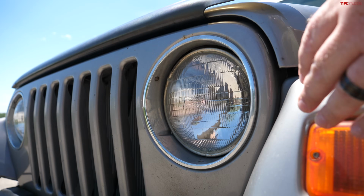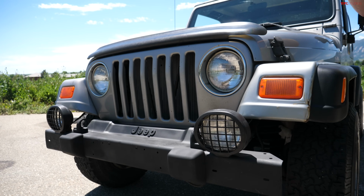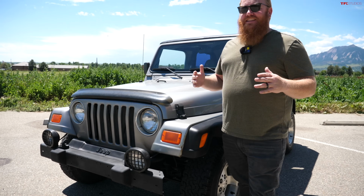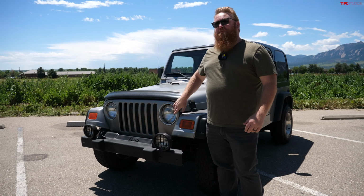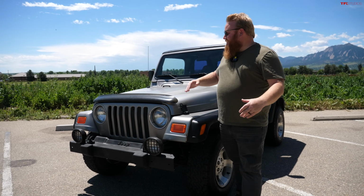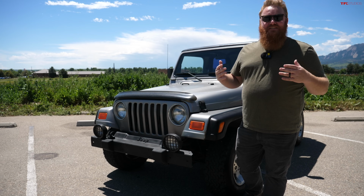So when the TJ came out, it came out with these round headlights, which Jeep fans were so elated because they all hated those square headlights that came on the YJ, and this was a harken back to that original CJ Jeep. And the other interesting thing about this vehicle in specific too is that this was the last vehicle